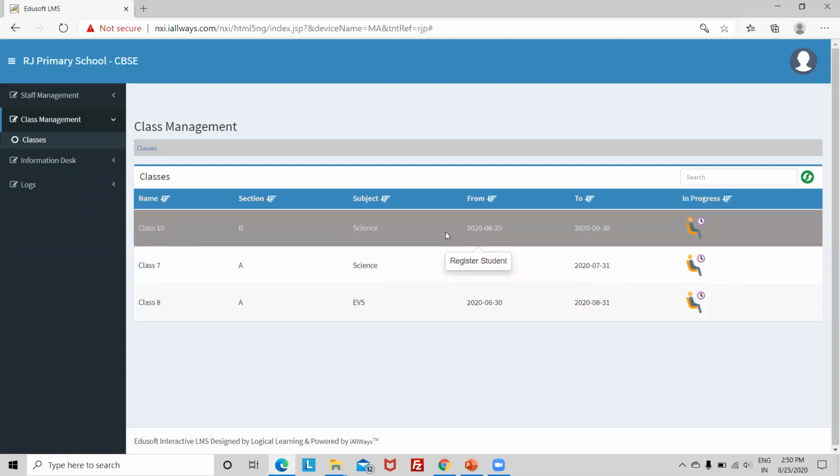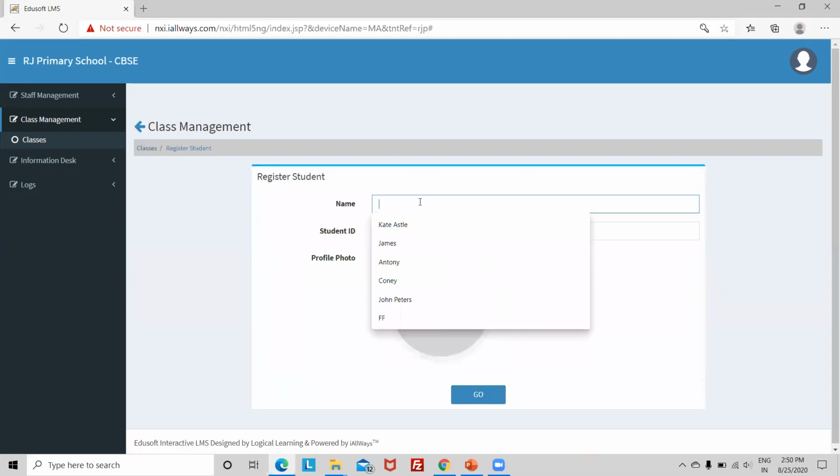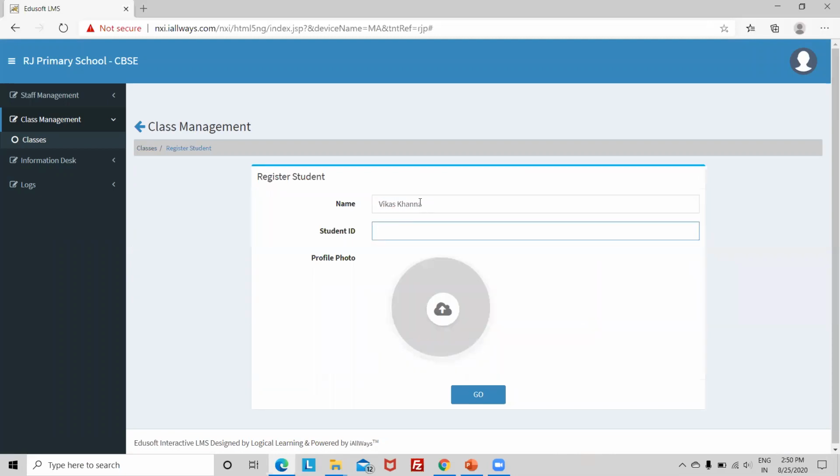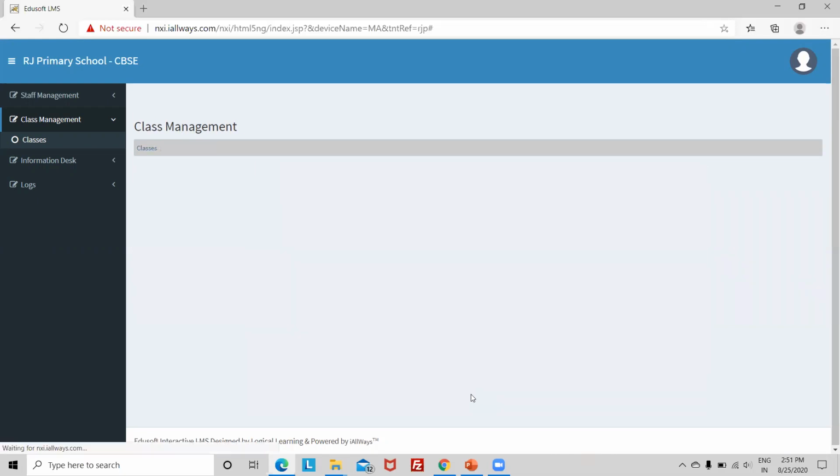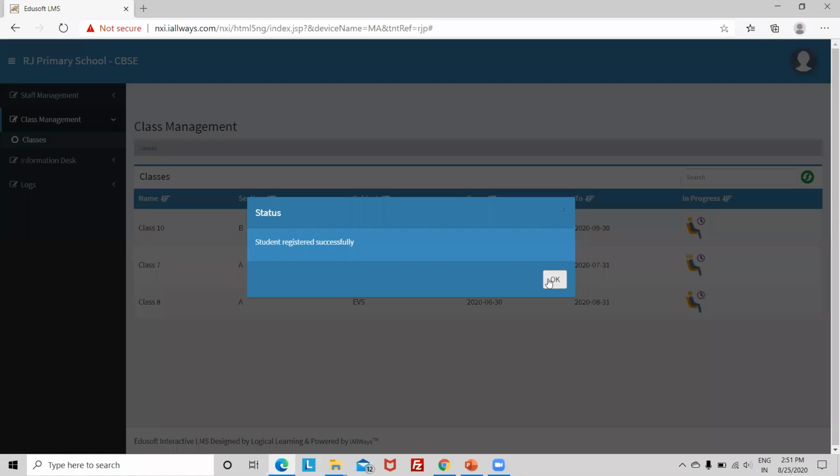So class 10, you choose register student. You have to choose a class and register a student. Okay. What I'll do, I'll just give some name, student ID, RJP0006 underscore 0006. This student got added. Okay.